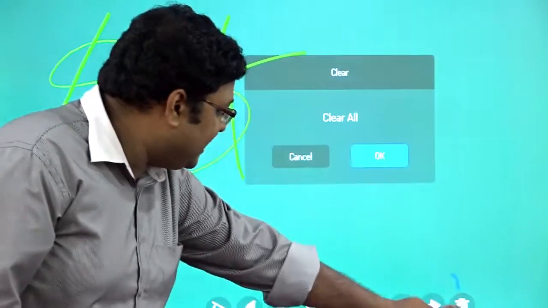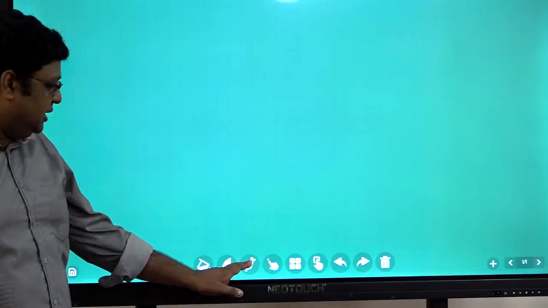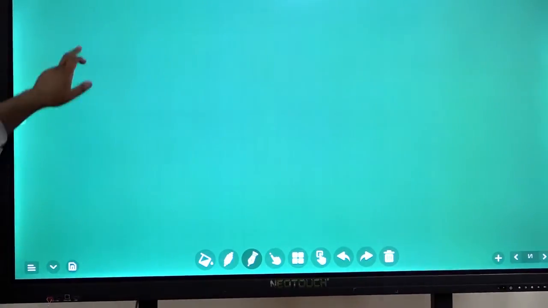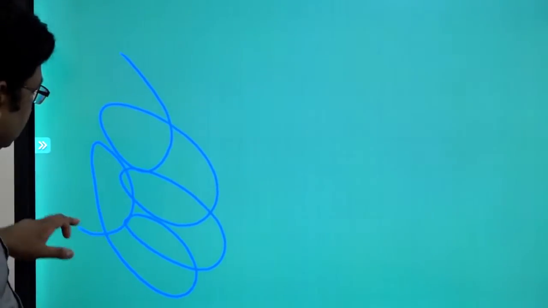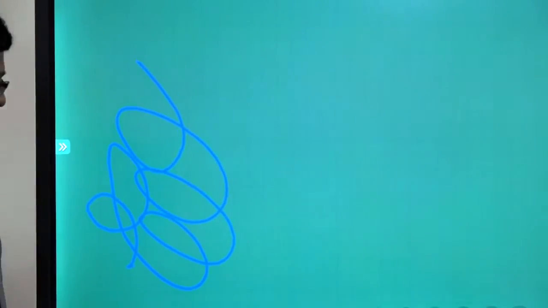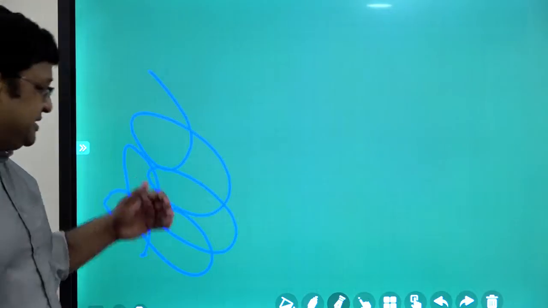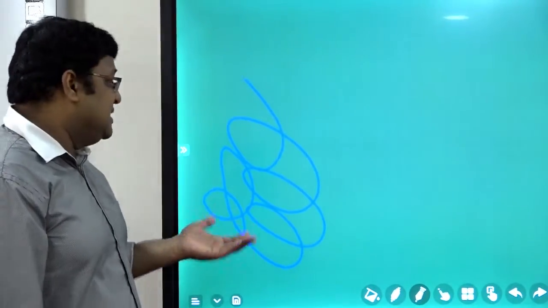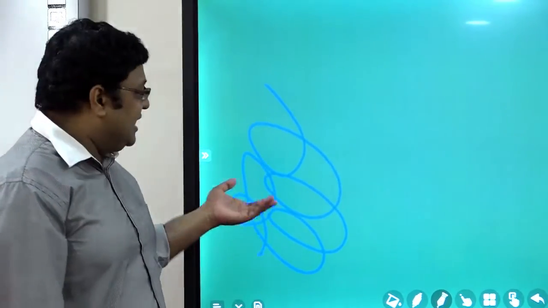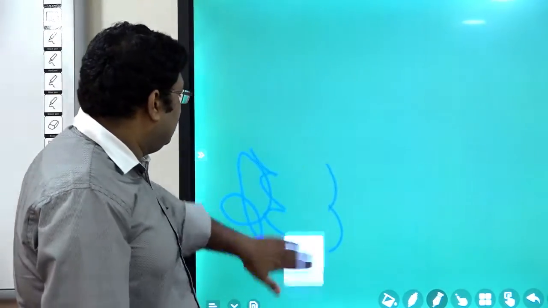Now let us go back again to our home screen. Two options are over. Let us move to the third option. If we press on the third option, this is something called the ink pen. Okay, now this particular option is basically similar to the second option, because the second option is meant for thickness and the third option is meant for writing. Okay, let us rub it out.